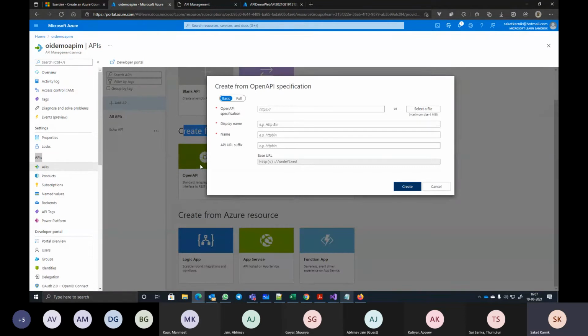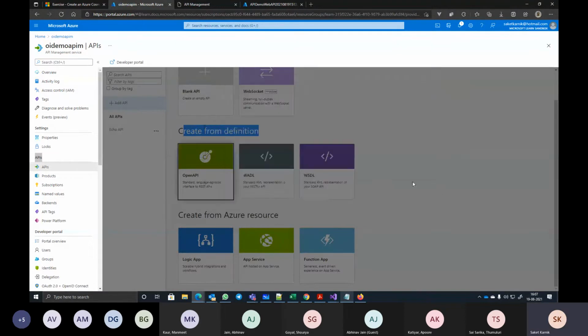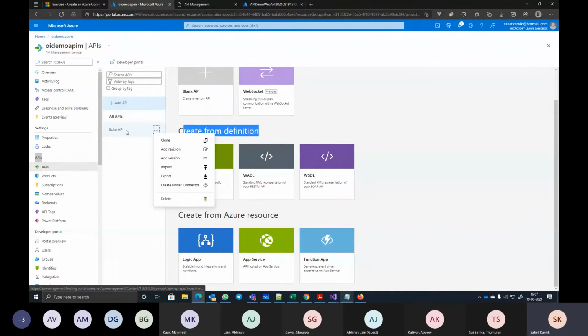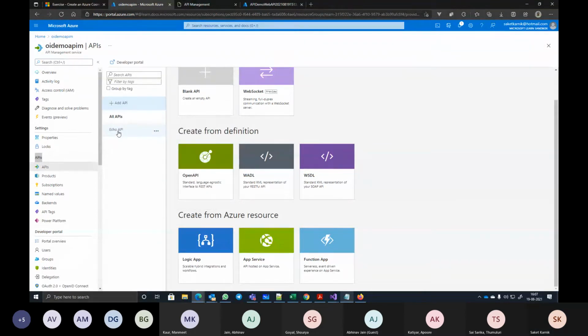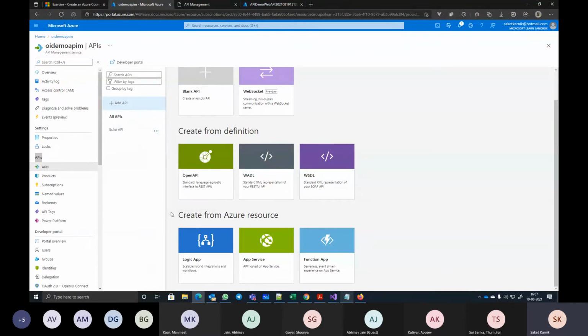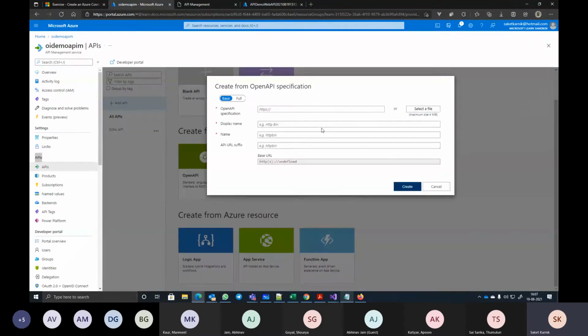Let's go here. Meanwhile, let me cancel this. Here we already have one sample API created for us. If you want to keep it, you can keep it, or else you can delete it also. I am keeping it. I say Open API now. And here I say select a file. See, I can provide the URL or file. URL is not working for some reason. The team is working on fixing that issue.